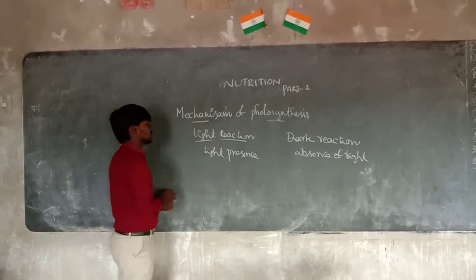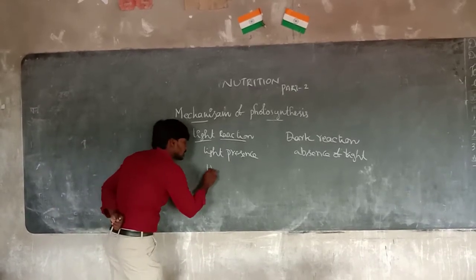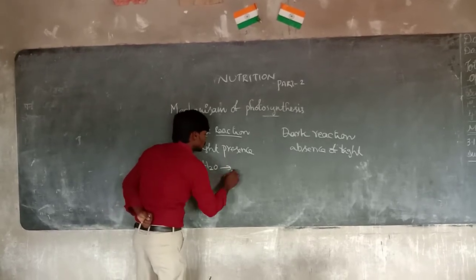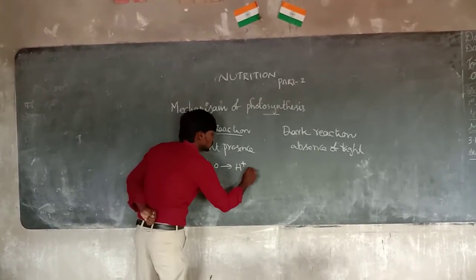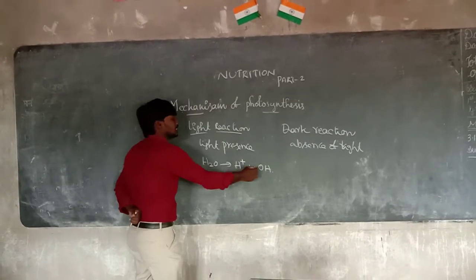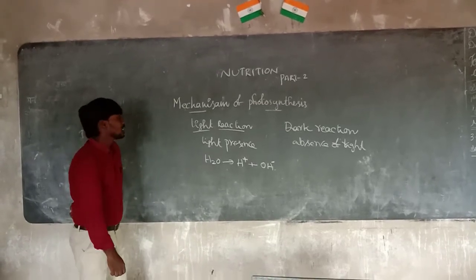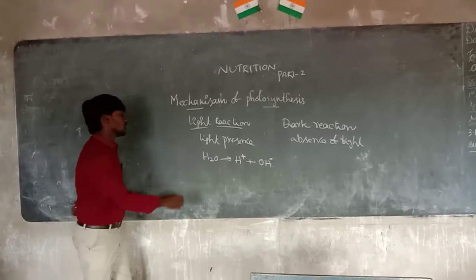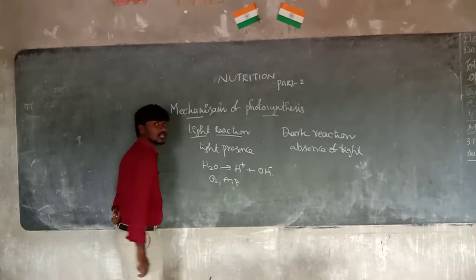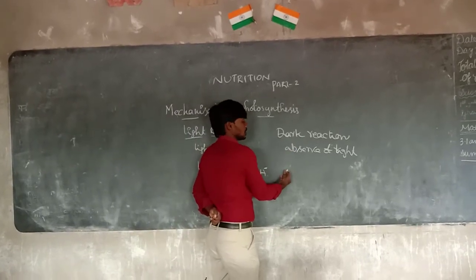In this light reaction, the water molecule divides into H plus and OH minus. That is the H2O. And the light reaction end products are oxygen and ATP. Oxygen and ATP. Okay, so in this dark reaction,